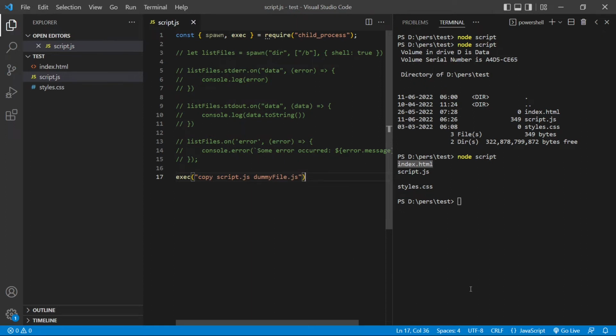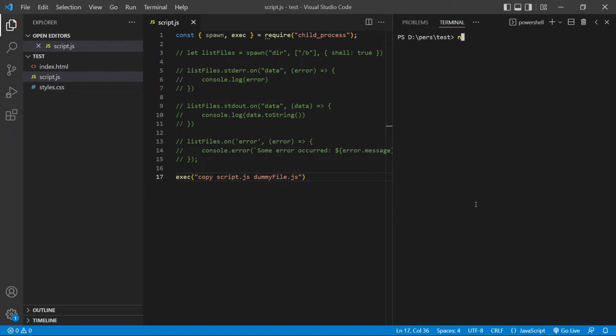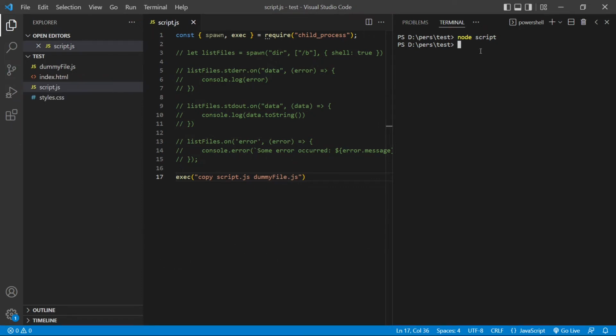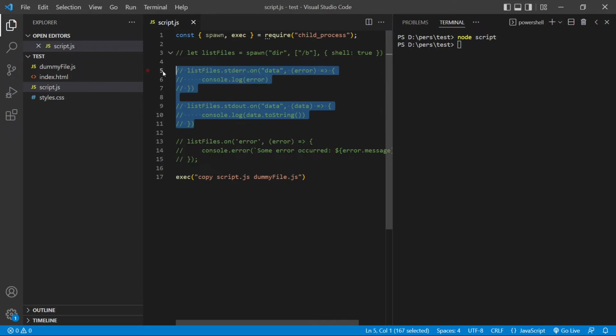Now if I save this and I'll clear the terminal first and try to run the script. Again, I don't get anything here, which brings me to the third and the most significant difference between the exec method and the spawn method. The spawn method used to return data in the form of streams, which is why we had to listen to the standard output and the standard error stream. So anytime we got a chunk of data from those streams, we used to display them inside the console log